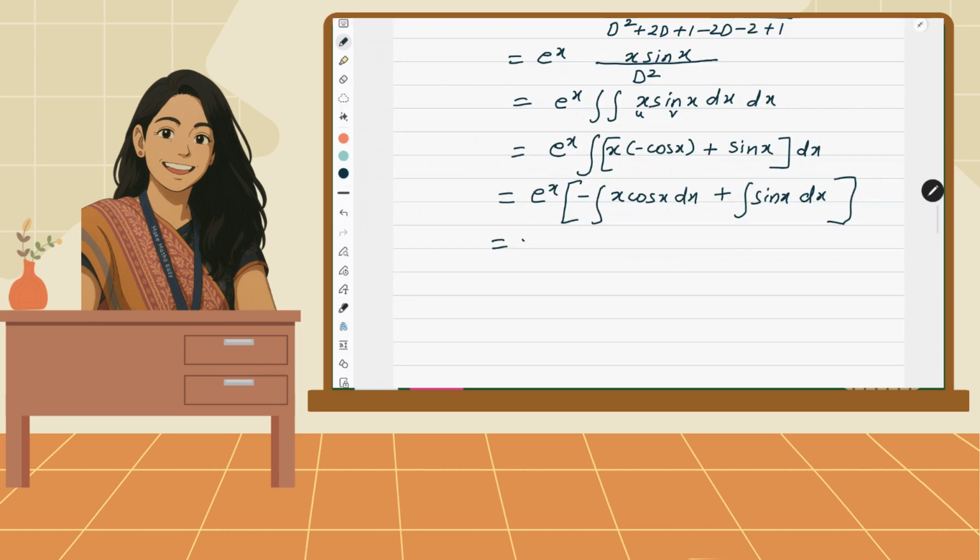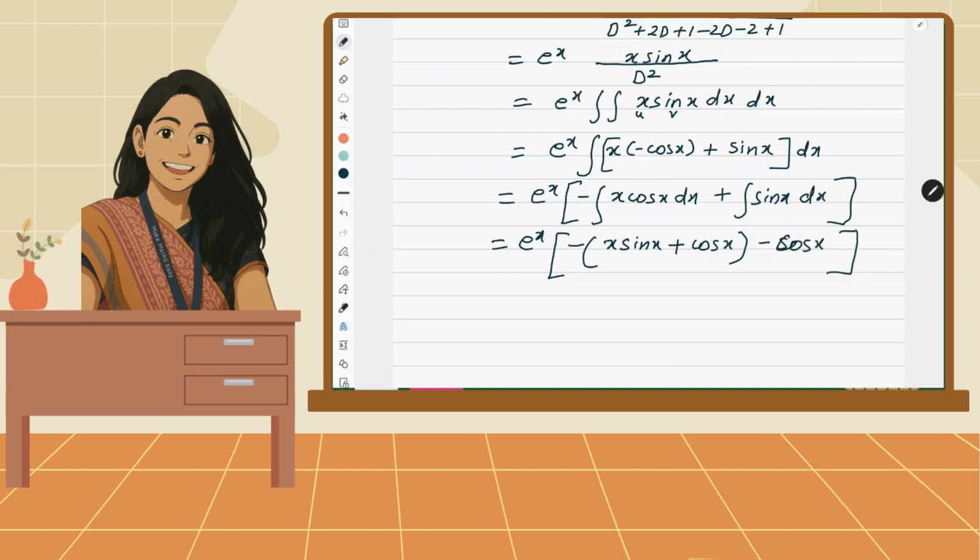Again integrated by parts. Now if I integrate it by parts, how I'll do? Minus sign I am keeping out to avoid confusion. First function, integration of cos x is sin x, minus integral d by dx of x is 1. Integration of cos is sin and sin is cos. So this will become plus cos, because integration of sin x is minus cos x. Okay, and integration of sin x here is minus cos x. So this will become e to the power x (minus x sin x minus 2 cos x). One is this, one is this. So this is my PI.